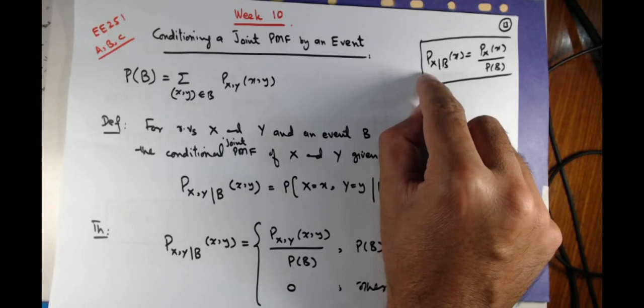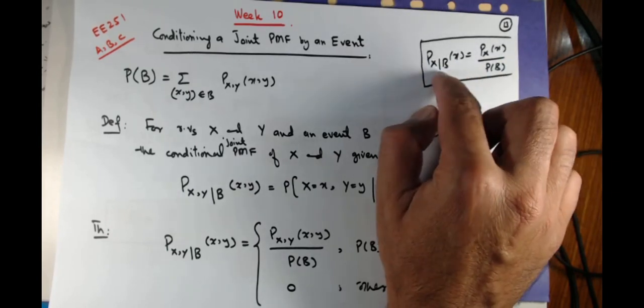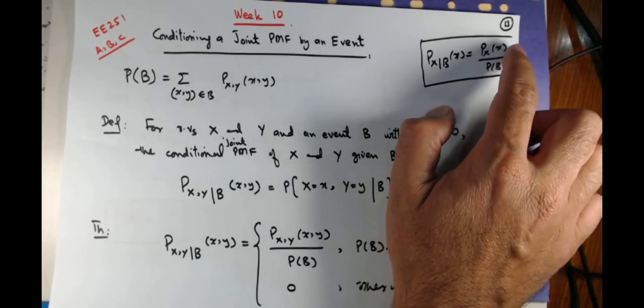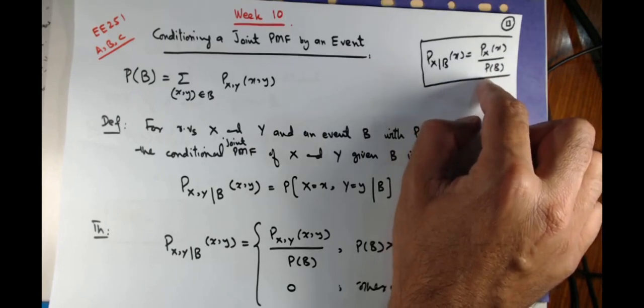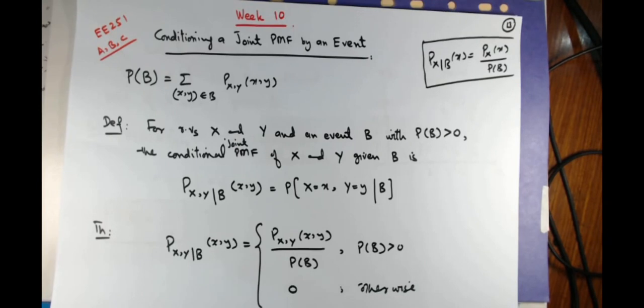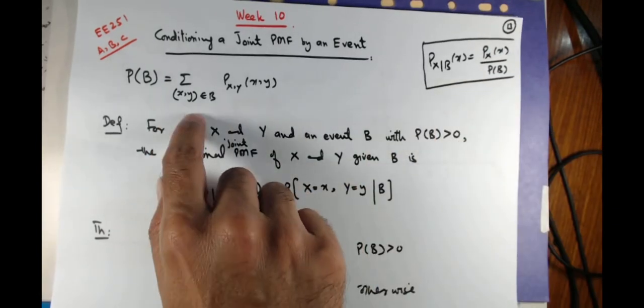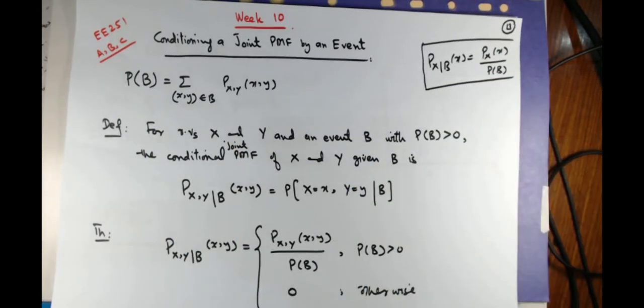We have already developed that in chapter number 2, where we noted that this conditional distribution can be simply obtained by dividing the original PMF points by the probability of the conditioning event. And we also noted that a conditioning event reduces the sample space, and the new sample space is equal to the size of B. In a two-dimensional case, this B is some part of the two-dimensional plane of x and y. How can we find the probability of the conditioning event? Simply by adding up all the individual probability points that are contained in event B.